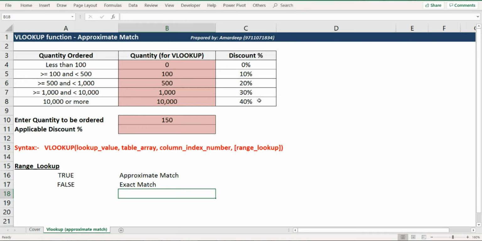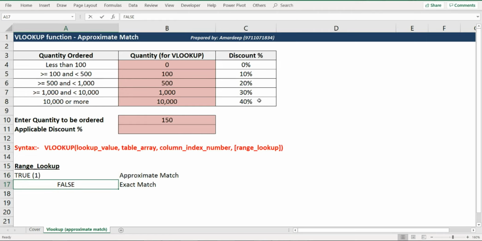And one more point just to repeat that over here, it is your choice whether you would like to mention true and false or you would like to mention 1 and 0. So I can also enter 1 in the formula to refer to true, and I can mention 0 in the formula to refer to false. Okay. So let's come to the cell over here wherein we need to put the formula.